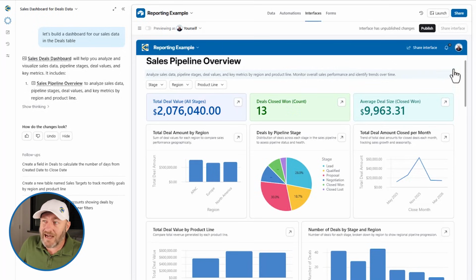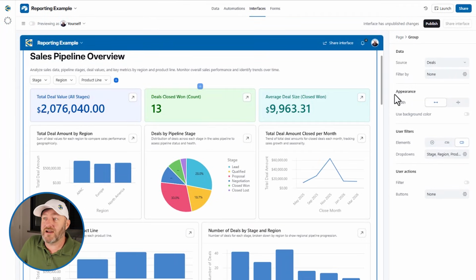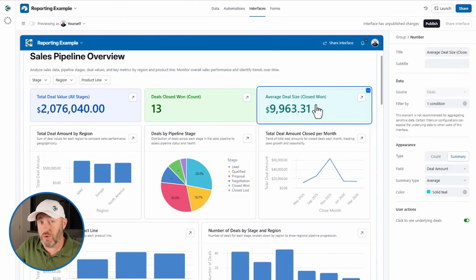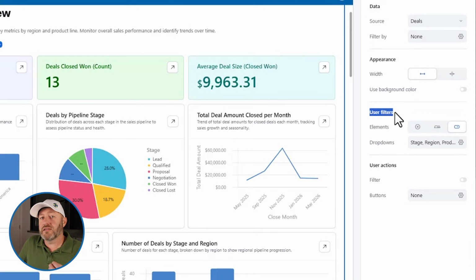Now, what I want to really highlight for us inside of dashboards in Airtable is the fact that we can apply filters here. So as you can see, we've got a few filters already set up. And that all happens here. We have to select first the entire dashboard. Don't select an element within the dashboard. This is where a lot of new dashboard builders get really stuck or hung up. Make sure you've selected the entire dashboard itself, and you can see that by the blue outline here on the sides. Once I've selected the overall dashboard, I can look at the user filters right here,